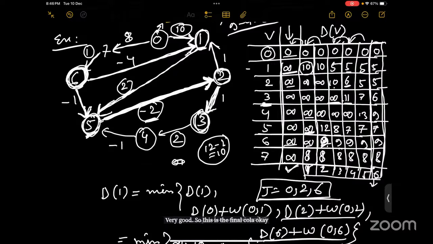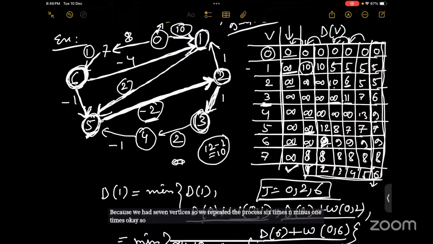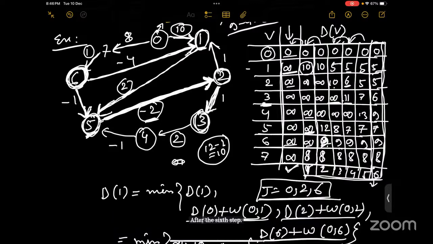Because we had 7 vertices, so we repeated the process 6 times, n minus 1 times, okay? So this is the final column. If you do the step once again, then the final column will repeat after the 6th step, okay? If not, if you are getting something decreasing, that means there is a negative cycle in the graph. So we know that if there is a negative cycle in the graph, then we cannot calculate the shortest path,